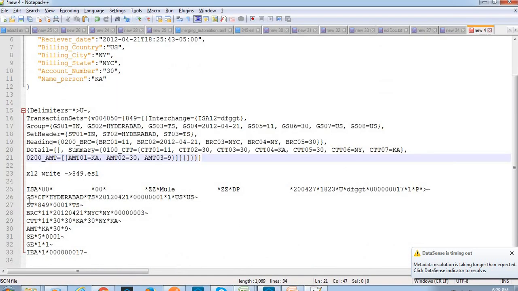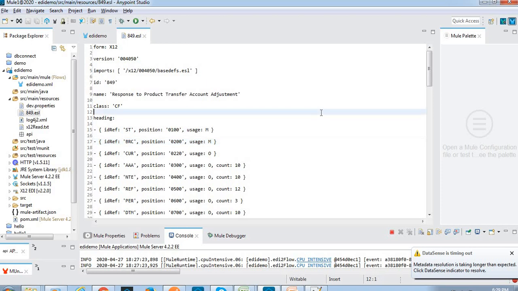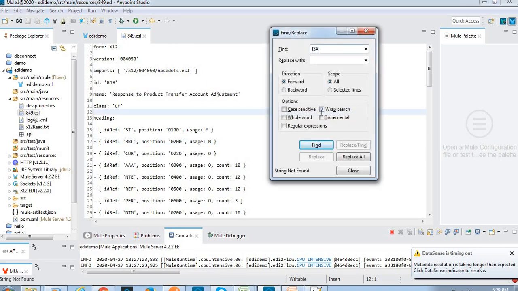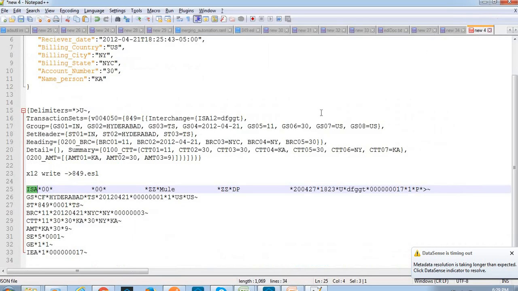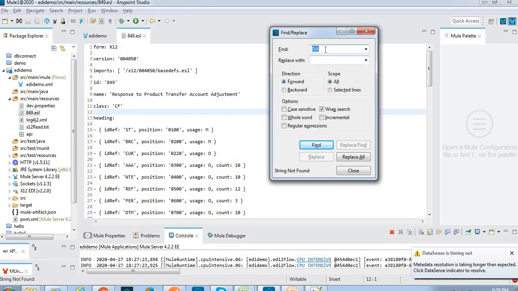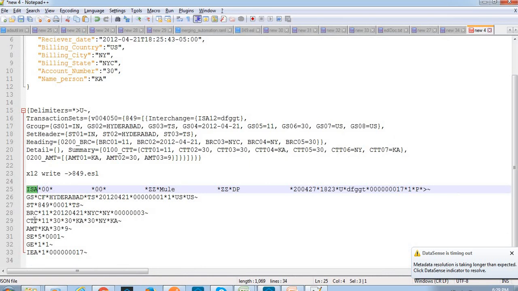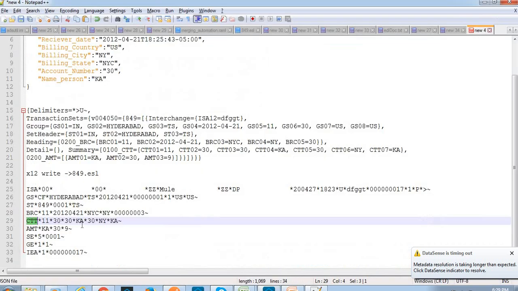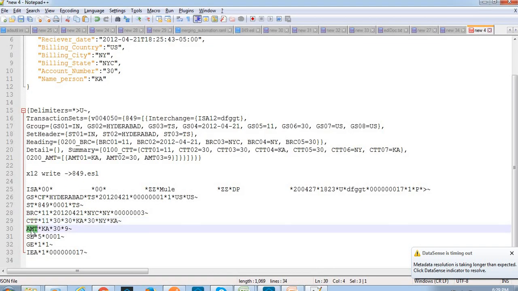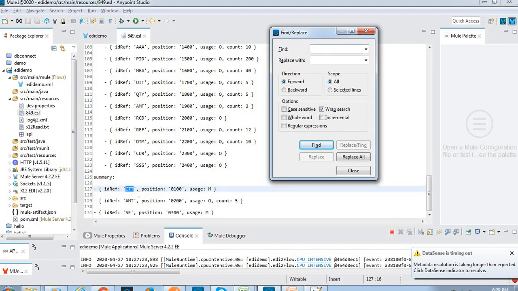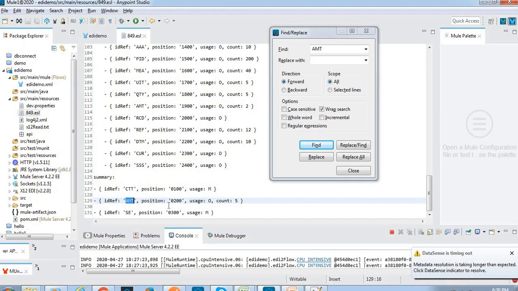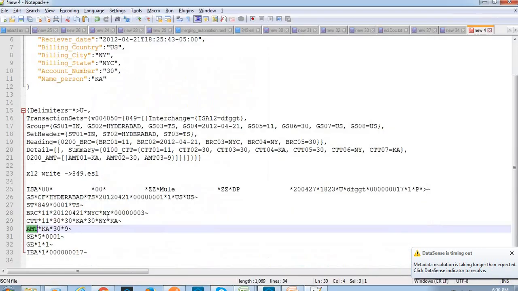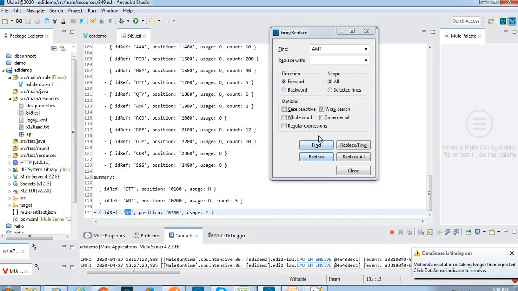Whatever we have, we can see all those details in the .esl file: ISA, GS, ST, CST, CTT, amount, SC in the summary, and GE.